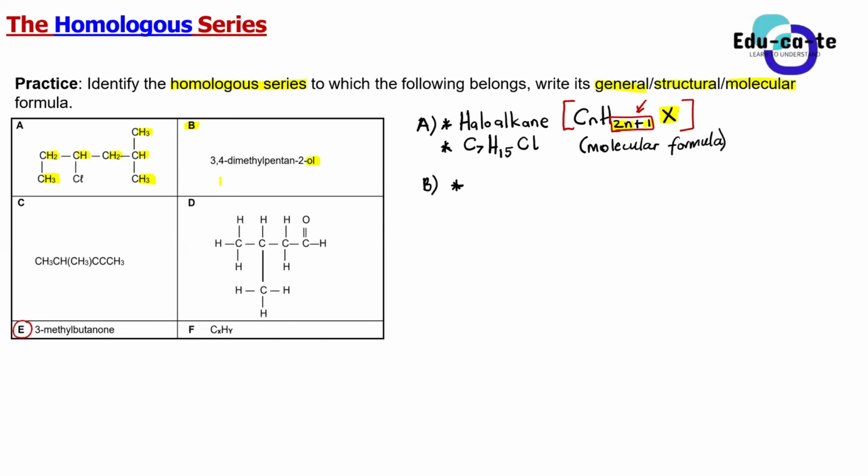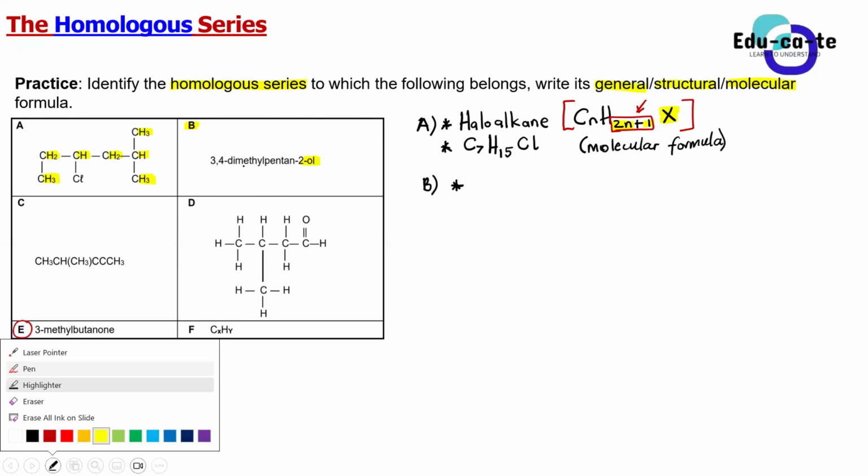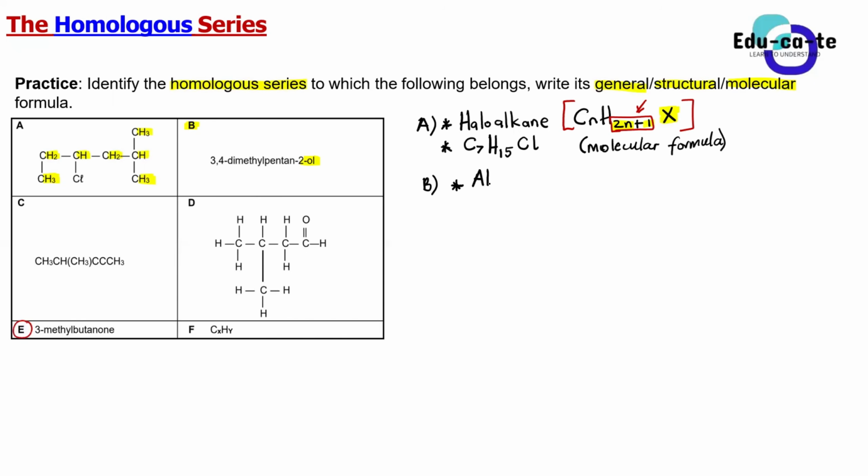Guys, when you are given a name of an organic compound, the last part of the name, the suffix, is the one that gives you an idea of the homologous series to which that organic compound belongs. In this case, the last part of the name is OL. That's the one that you use. So this OL at the end already tells us that these are alcohols. Are we together? Yes, sir. Guys, you need to take your work more seriously now. Whenever we are done with the session, go through the work again and make sure that you understand it so that you don't make these mistakes.